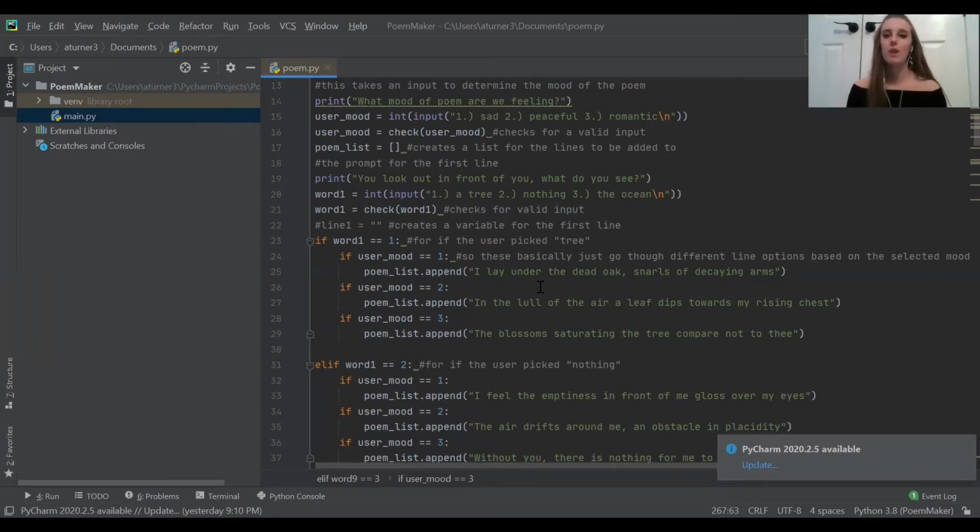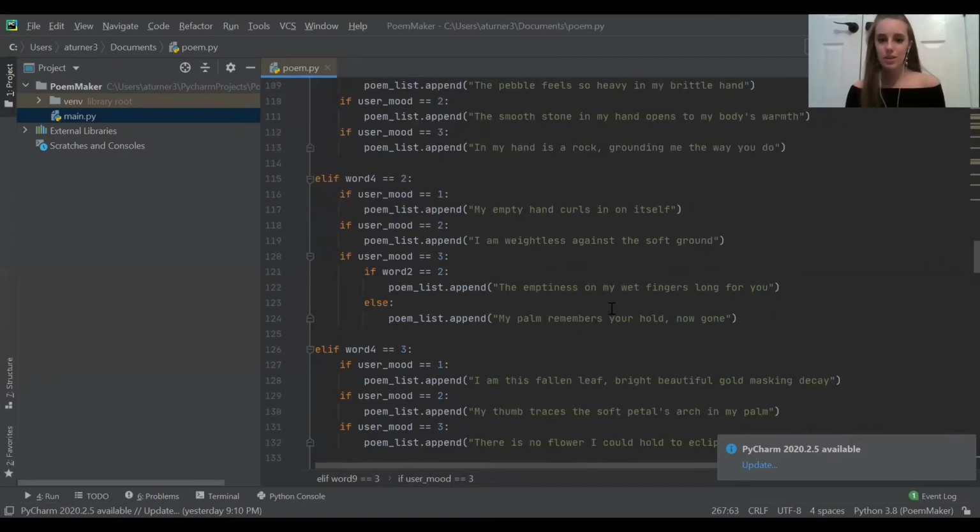I don't know if this code necessarily does anything particularly cool other than having 59,049 possible outcomes. One cool thing that I did is I did include this one little Easter egg where if the user picked rainy weather and their mood is romantic, it changes this one line of code, which would probably actually change the number of possible poems there are. So let me just do the quick maths here.